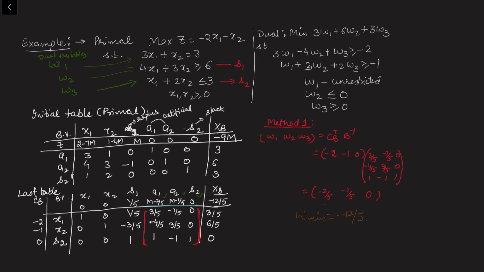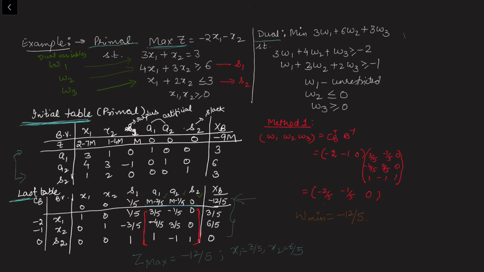Now consider this example. I have a primal problem and we got a dual problem. We have solved the primal problem, and this example I also considered in my previous video. Here is the last optimal simplex table. I've skipped the in-between steps, which you can fill in yourself with the standard technique of applying the Big M method. This table is optimal since this is a maximization problem, so the Zj minus Cj row is all greater than or equal to 0. So the Z maximum value is -12 by 5, at x1 is 3 by 5 and x2 is 6 by 5. I am reading only from the last column, since this is the optimal simplex table.